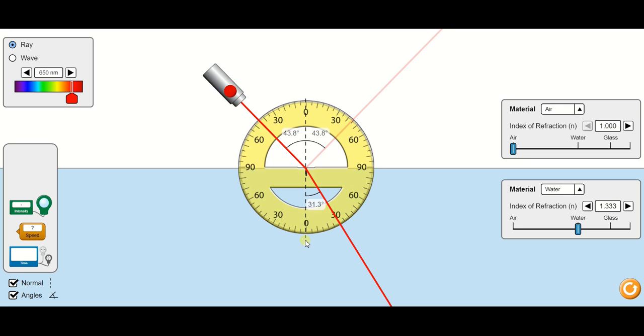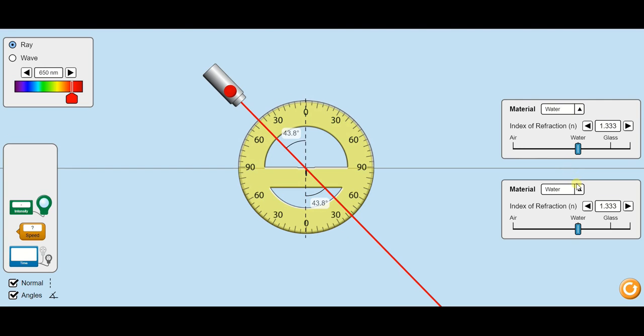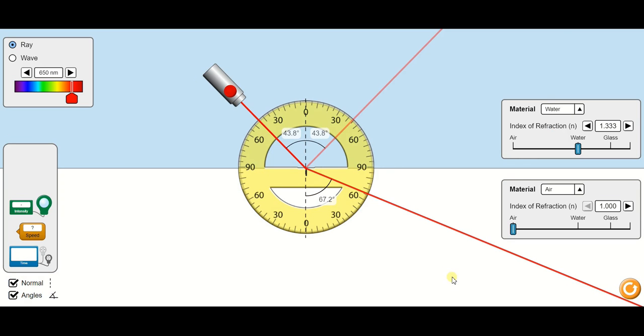So here it is towards the normal, but in the opposite case, when I have changed it to water and the light is moving from denser to rarer, the ray is moving away from the normal. This is a very important thing, and most people get confused when it is asked in bits or in a problem. So keep in mind, try to have a short code so that you can clearly overcome the confusion.